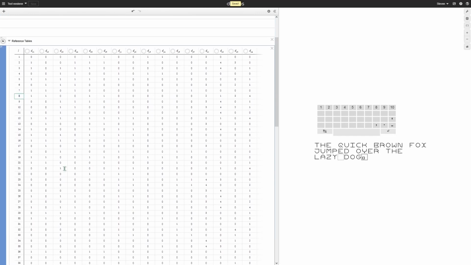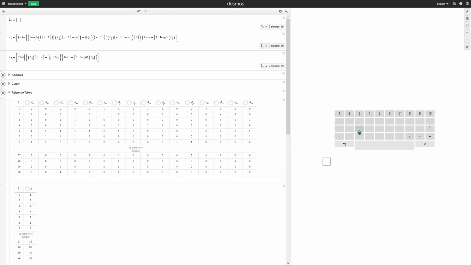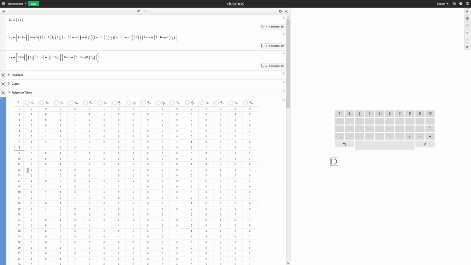For explanation's sake, let's just use the letter D. D, also known as 14, has two of its horizontal lines lit up, which is true. It has the top left line and the bottom left line. It also only has two vertical lines,